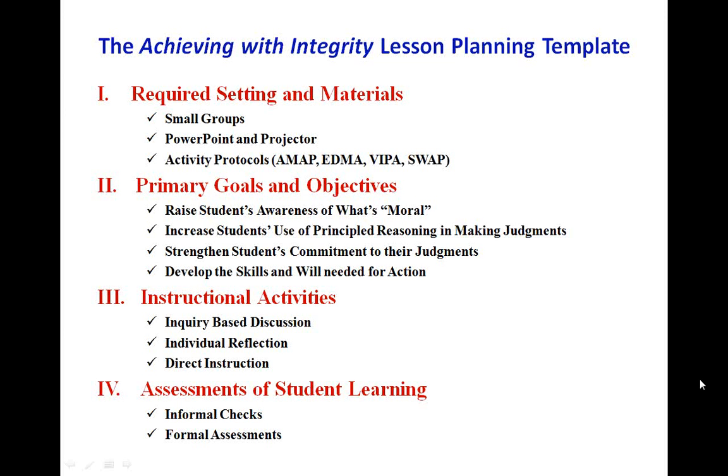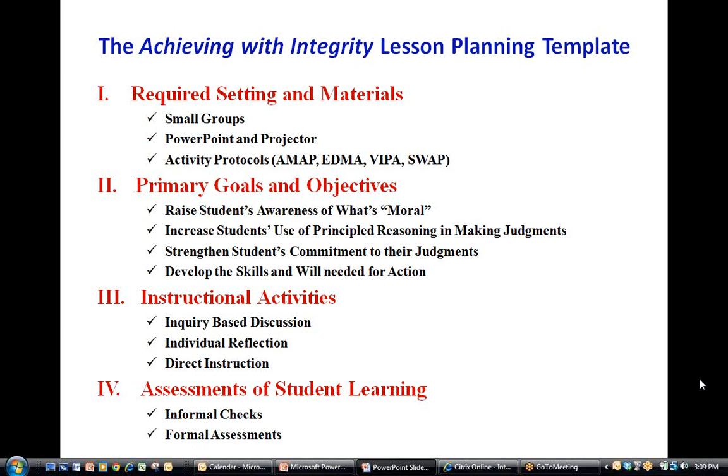But also, there are the activity protocols themselves. There's room for, and it often starts with, a little bit of individual reflection, where there are steps in which the individual is thinking for him or herself about these questions and what they might do. But also direct instruction, where you're providing some content for them to think about either individually or in the group inquiry-based discussion. So that direct instruction, going back to the awareness component, is using Haidt's intuitive ethics,